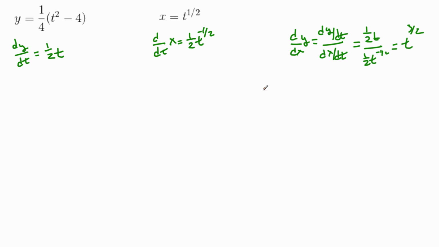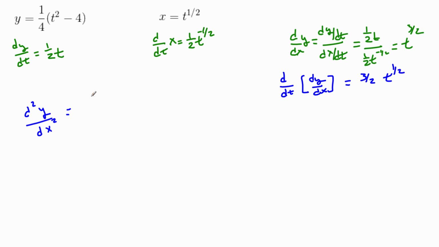Now, suppose I want the second derivative. Well, the first thing I need to do is find the derivative with respect to t of dy/dx. So that's 3/2 t to the 1/2. So now, when I want to find the second derivative of y with respect to x, this is the derivative with respect to t, and you don't have to put this step here and there, but I do, of dy/dx,